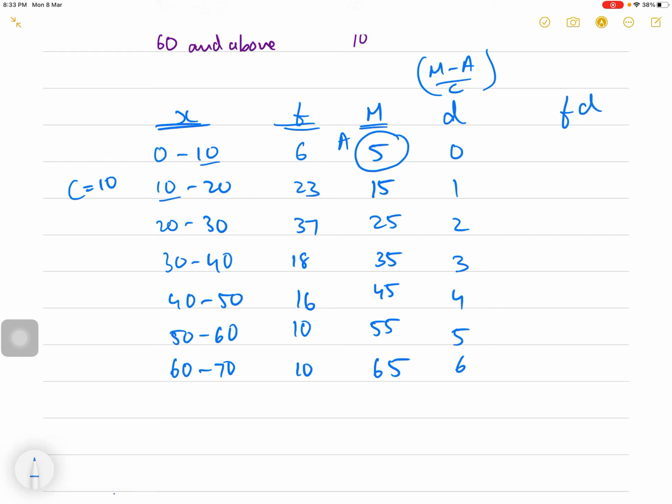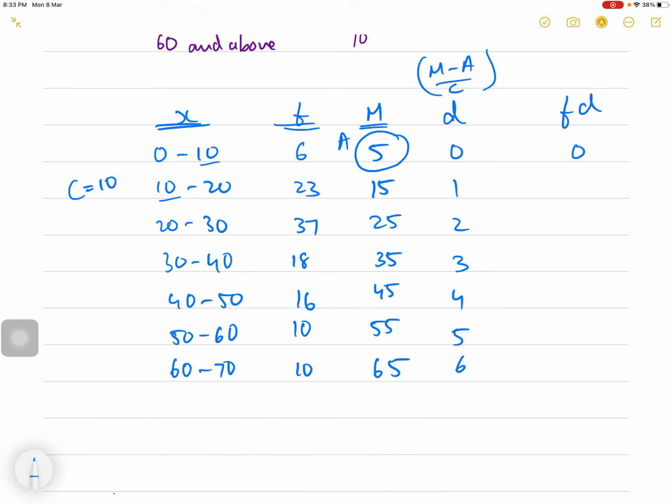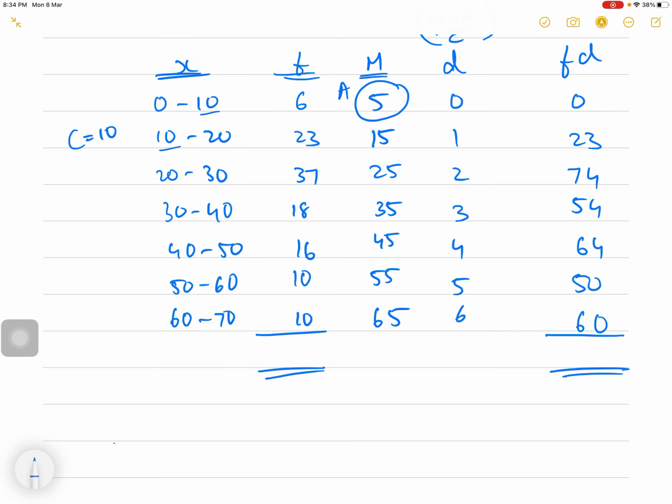Next column is FD, F into D. 6 into 0 is 0. 23 into 1, 23. 37 into 2, 74. 18 into 3, 54. 16 into 4, 64. 10 into 5, 50. 10 into 6, 60. When you total this,